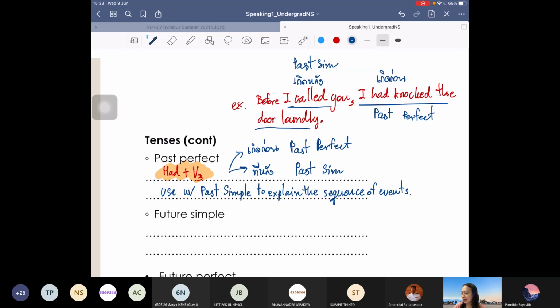adverb ที่เรามักใช้กับ past perfect กับ past simple นี้เนาะ ก็จะมี before กับ after นะคะ เด็กๆ คงเคยใช้กันมาบ้างแล้ว อันนี้ไว้ remind เฉยๆ เนาะ